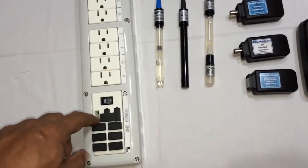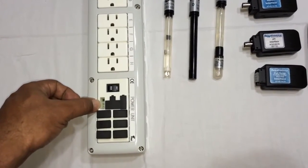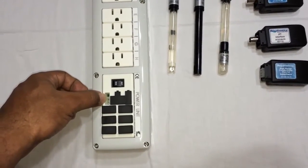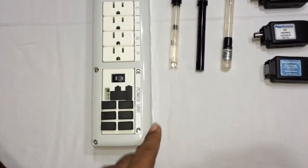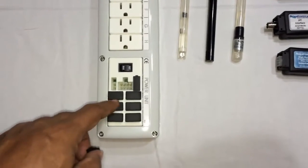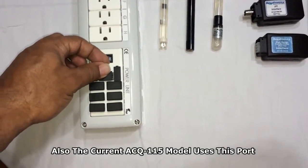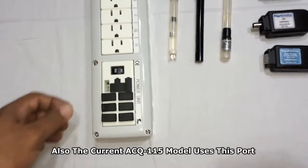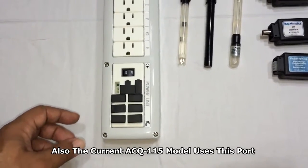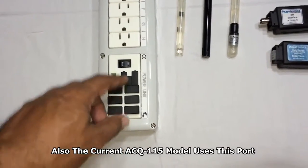One of these is missing here, the cap. These are basically for temperature probes and for level sensor controls. This port here is for the older Aquatronica system. So you would plug the control head from the older system into here, and that's how that was powered and communicated with